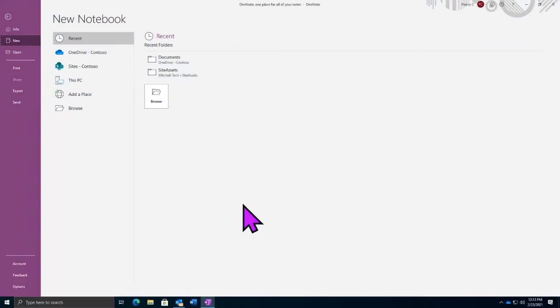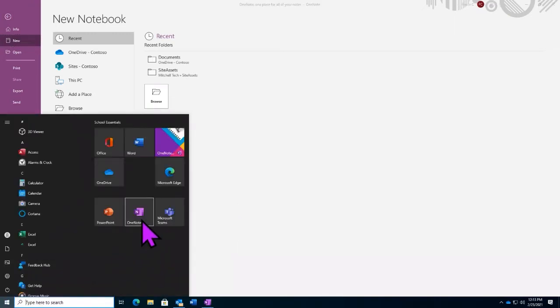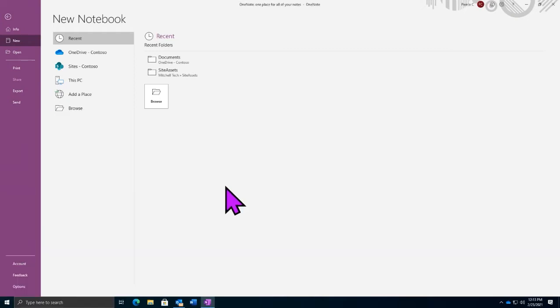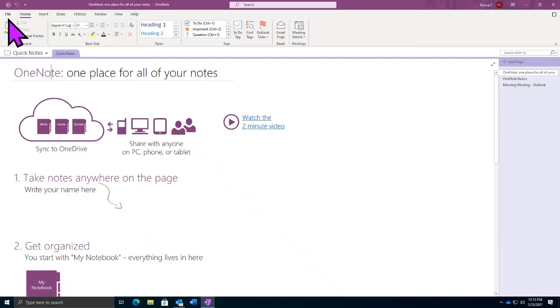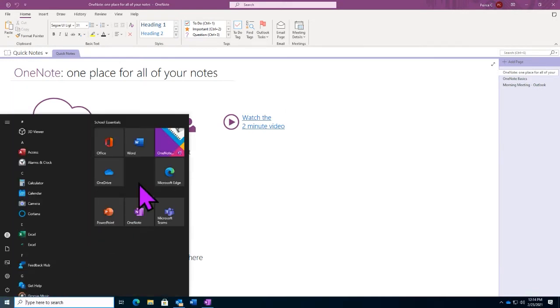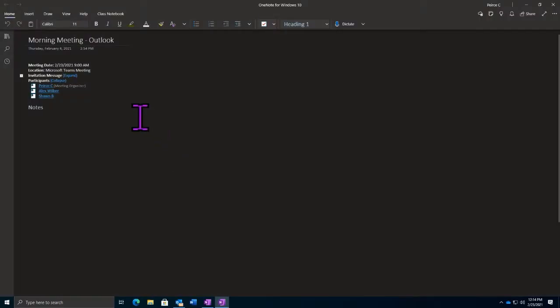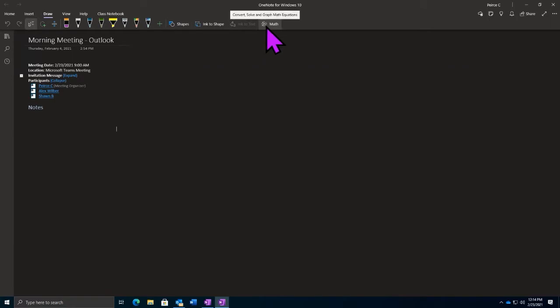So we're going to be using 2016 today, but I will be kind of going back and forth between the two. The one that I'm using currently is the one that comes with your standard Office installation. However, if you are on Windows, there's a possibility that you have the OneNote for Windows 10. This is very similar to your standard OneNote application, but it's designed better for things like touch or handwriting. I prefer to use this one when I'm taking notes because it does have the advantage of the drawing features that are a little bit more robust and has some of those math features as well.